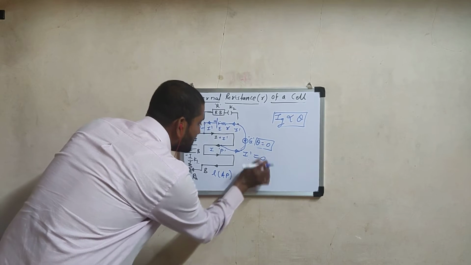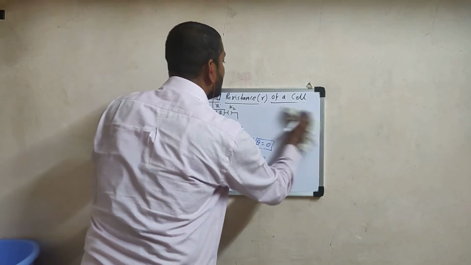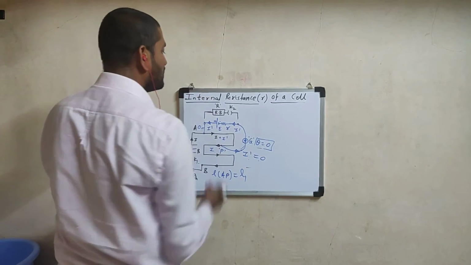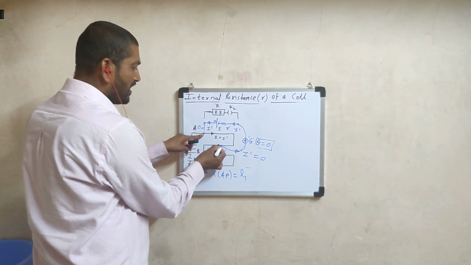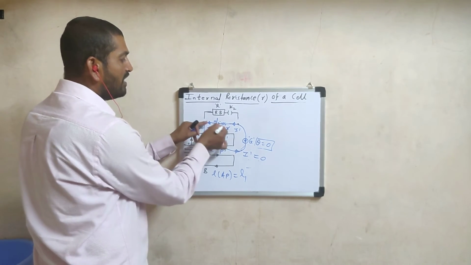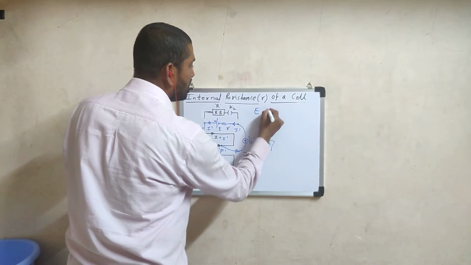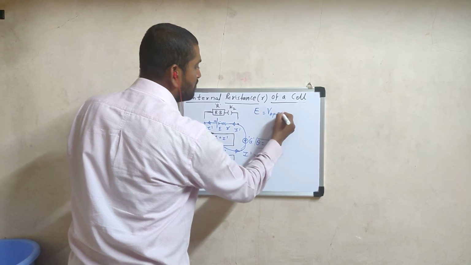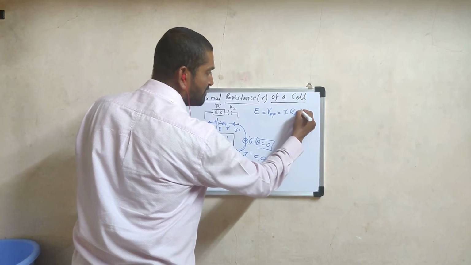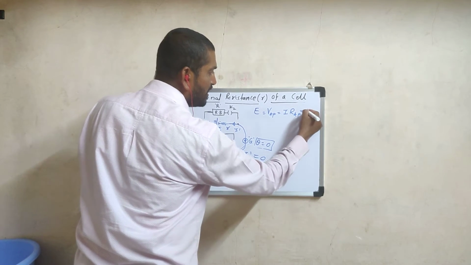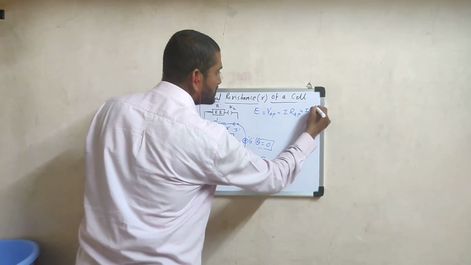Suppose this length is L1. Now we know the general case. As per the law of conservation of energy, the voltage between these two points A and P of the main battery will balance this EMF because it is open circuit now. So E we can write equal to VAP. But as per Ohm's law, voltage is current into resistance, so I RAP. But resistance is sigma into L1, so I sigma L1. This is equation number one.